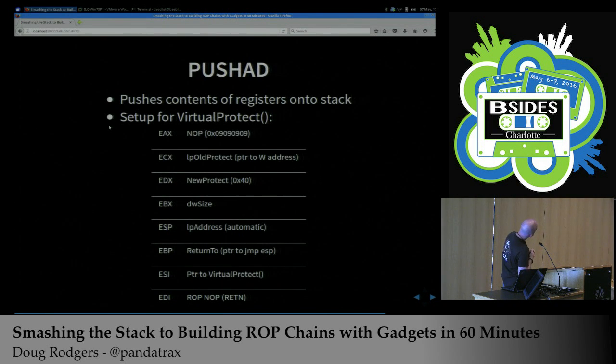And then to do it, originally, if I had had time, I was going to show you how to use PUSHAD to put all of the information to execute VirtualProtect onto the stack. That would be an exercise for you guys at home. Are there any questions as far as ROP is concerned? And getting your feet wet, hopefully a little bit of what I've shown you gets you to want to try this out. What exactly is the function of